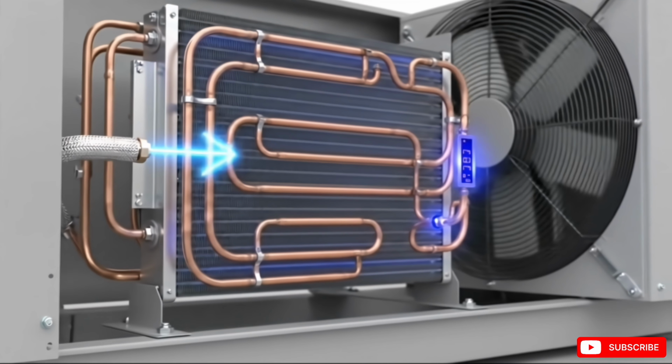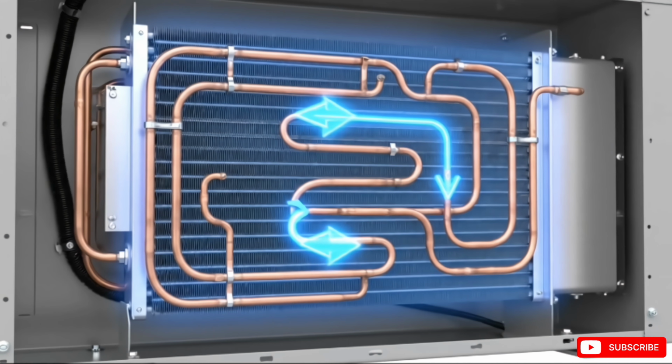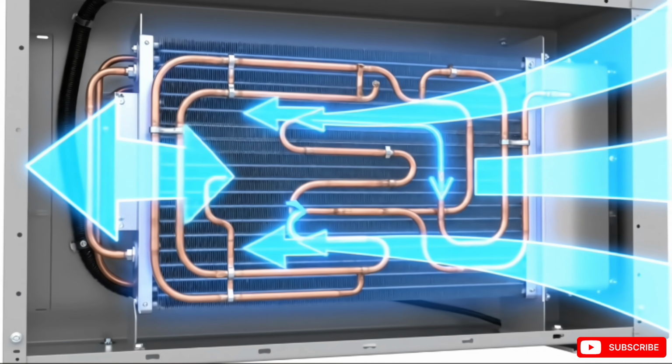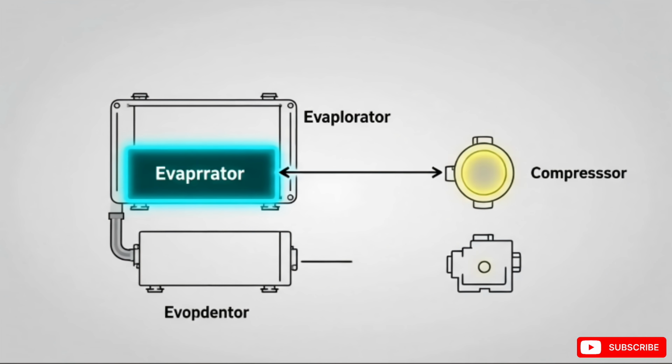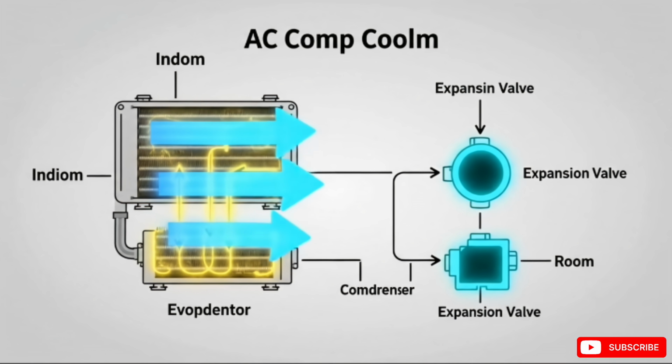The cold refrigerant now returns to the evaporator coil inside the indoor unit. Here it absorbs heat from the room air again. The refrigerant circulates through the evaporator, compressor, condenser, and expansion valve in a